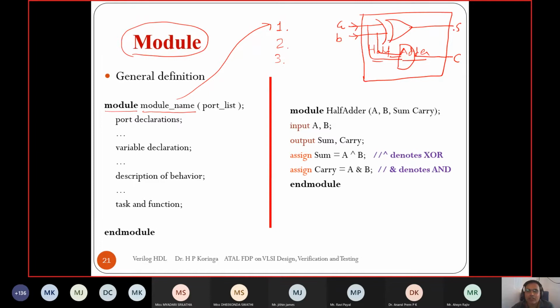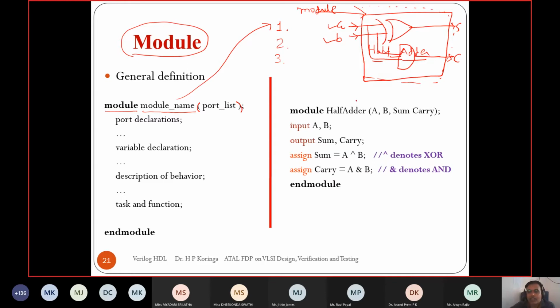We have declared the direction of ports: we want to use A and B as input direction and S and C as output. In the port list, you specify whatever is coming out from this module. This is the module of the half adder, so how many pins are coming out from this module, we have to specify in the port list.